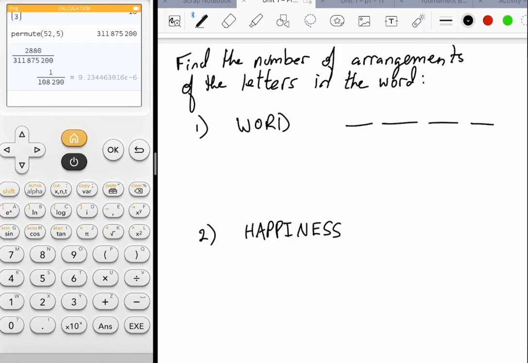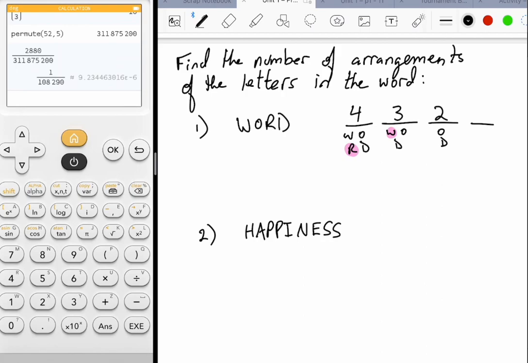But then once one of those letters is placed, so let's say I place R as my first letter, then I only have 3 possibilities for the second letter, W, O, and D. Let's say I place W as the second letter. Then I only have 2 possibilities left, O and D,